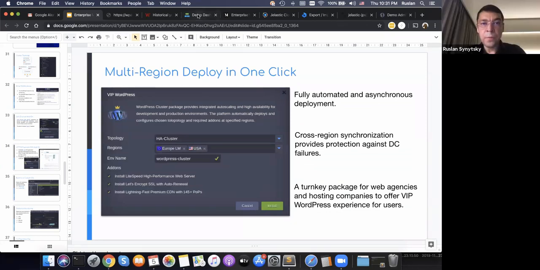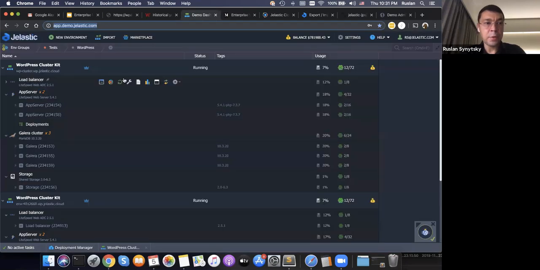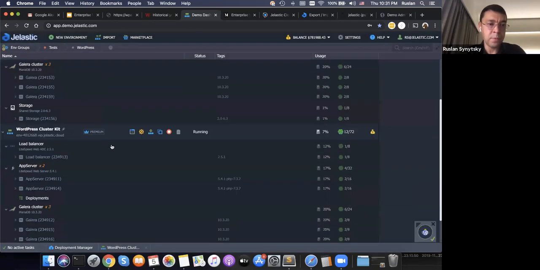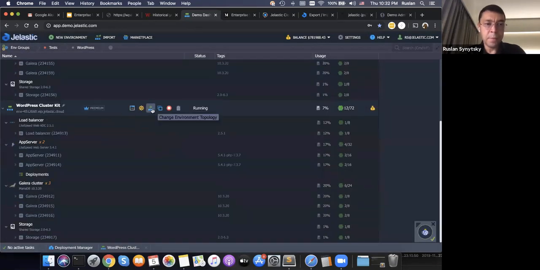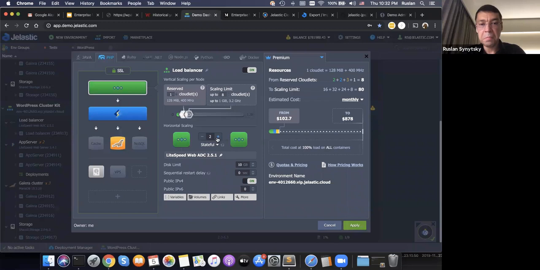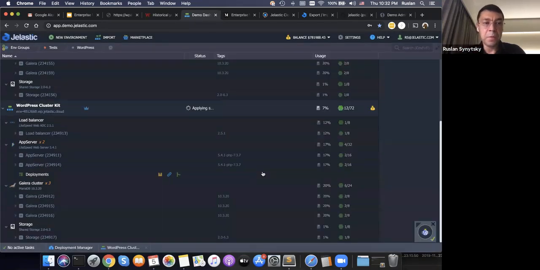You need to have two for real application. So what you do, actually, you see our cluster is up and running. I created it before, at the beginning of the presentation. So you need to have two like this. So you create two or three, and that's it. It will add two more containers and reconfigure the cluster, and that's it.